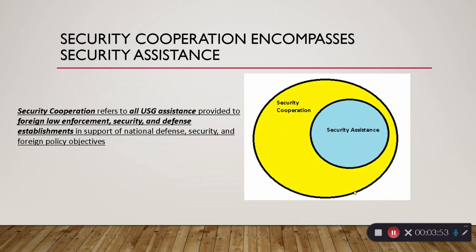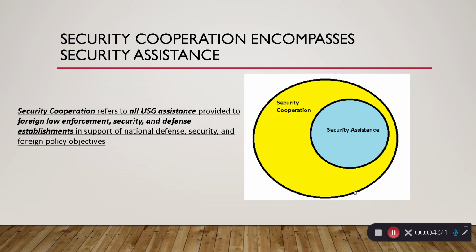Instances of security assistance would still be security cooperation. This will be important in debates where the negative attempts to define security cooperation as Department of Defense exclusive, and the affirmative wants a more broad interpretation, either to combat actor counterplans or potential disadvantages. Okay, so